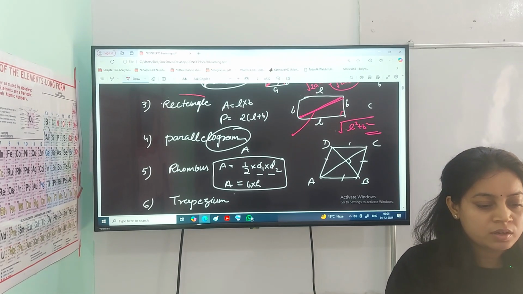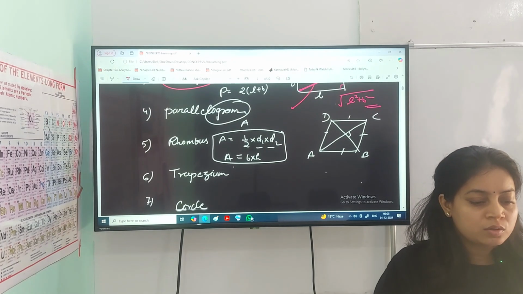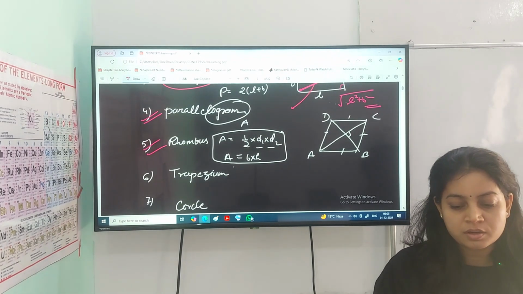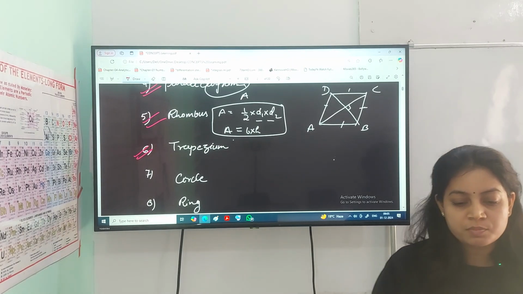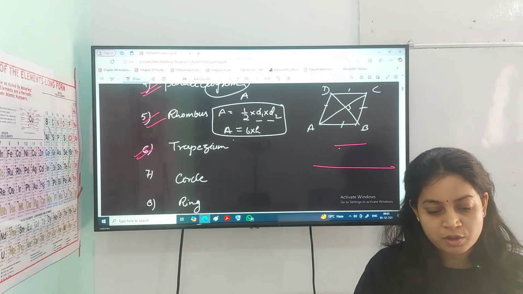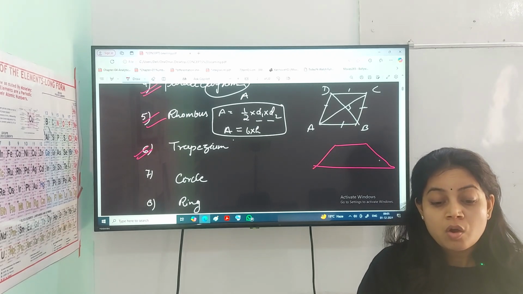This is the diagonal of the rectangle, right? So I think parallelogram and rhombus is done. After that we can move to the trapezium. So what is trapezium? Trapezium is this kind of shape in which one pair of